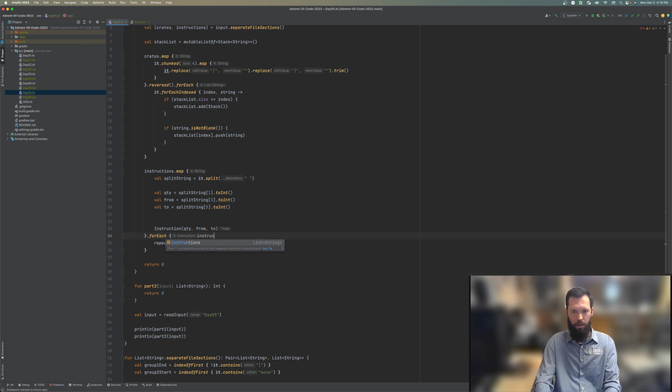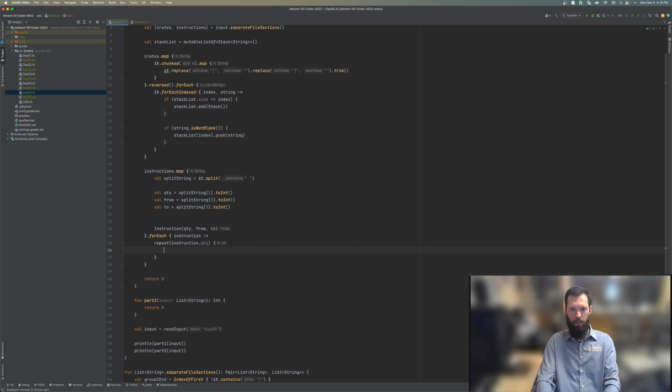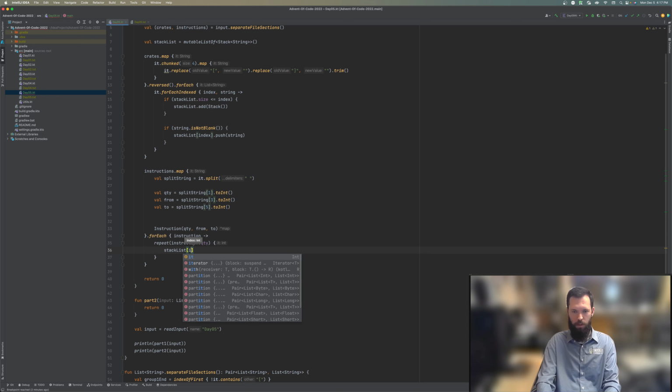And we're going to just name this instruction because we might get nested a bit. Okay, and we're going to repeat this. And we're going to take our stack list. The index is going to be from our instruction